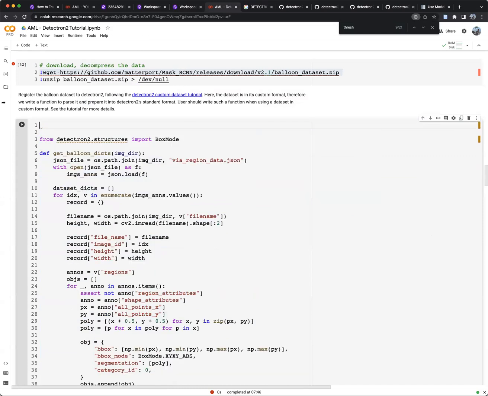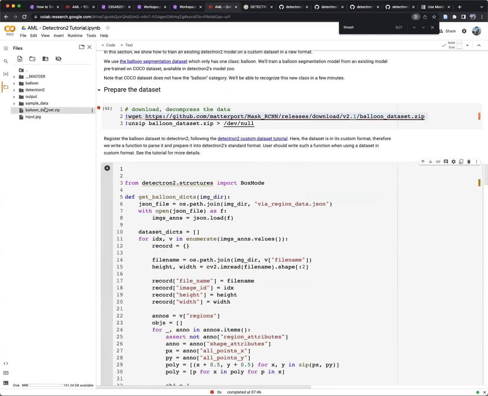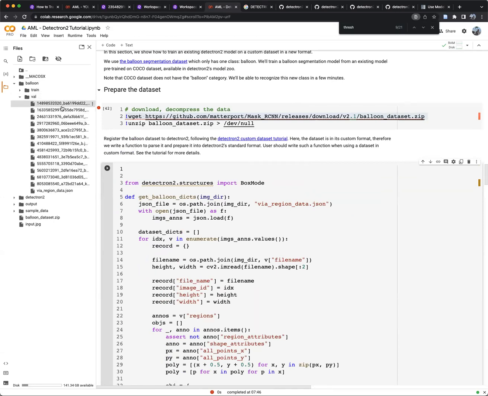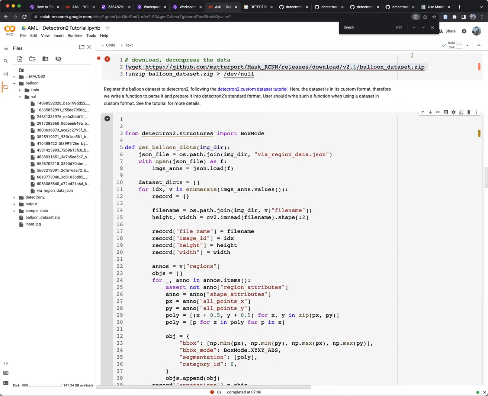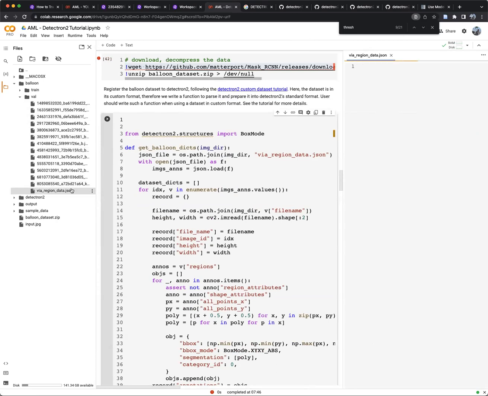We're using a data set that is created from scratch. So let's look at it here. Balloon data set, validation and train, and here are the images, right? So this is the image. It's a big image, so we're not going to look at it. So these are the images, and we have this validation region data set, or VIA region data set. And this will tell you